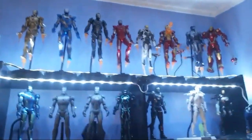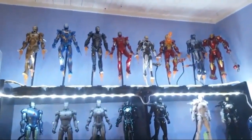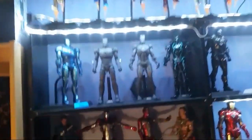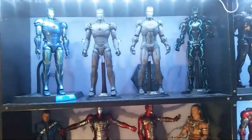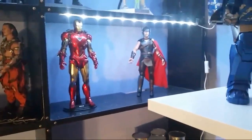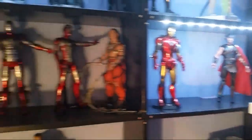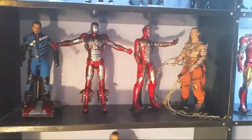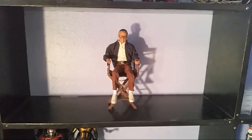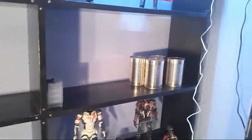So up there I put these white light LEDs. So I have my top shelf lit now. And then I only had enough LEDs to do my Grail shelf and the Mark 7s. And right over there is where I had Hela and Loki from Avengers. And so that's my Mark 5 Iron Man 2 shelf. And right there is where I had the 45 and the 47. So I'm going to put the 45, the 46, and the 47 there with a stand in the middle of them. And there's some